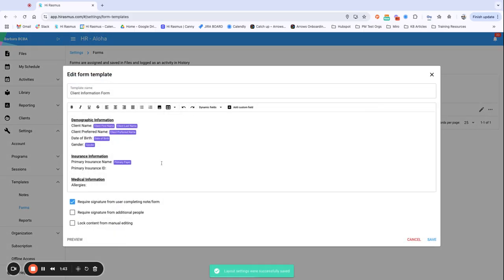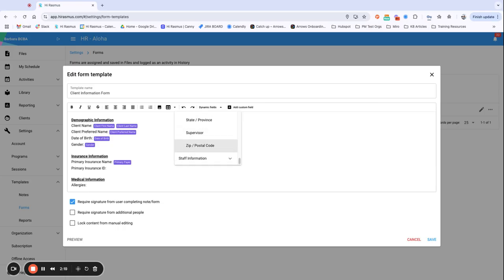So in this client information form that we've started building out, I've named the form, and these purple chips that you can see here are either dynamic or custom fields. So everything I've included so far, I've just pulled from the dynamic fields list. All of the client information that we just talked about can be pulled directly from this client section right here. So this will include those client profile fields and those custom client information fields. The dynamic fields will not be filled out by a user creating the form, but they will be pre-populated in